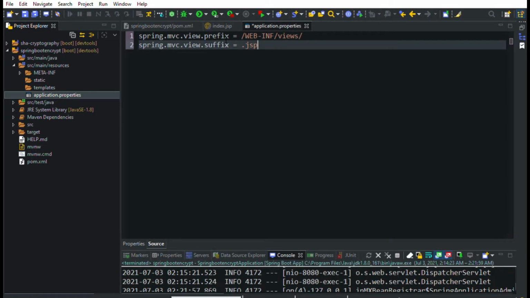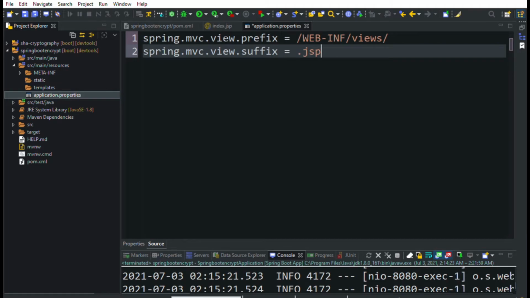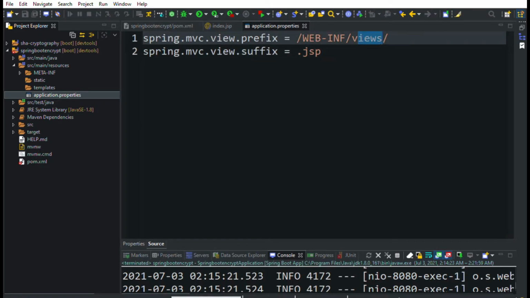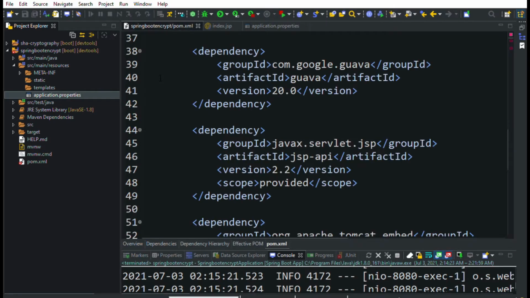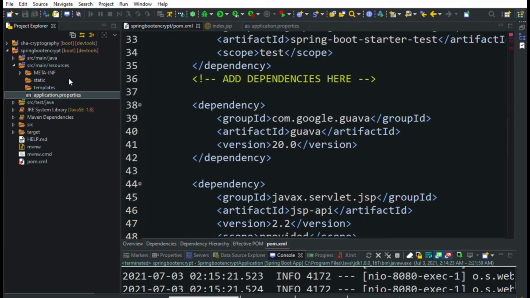Let me just zoom in so that you'll be able to see. So this is where we tell Spring where to find our JSP files within our application. So it will find them in WEB-INF views, and the suffix will be .jsp. So after creating our application and making sure that it has everything from the dependencies and also telling Spring where to